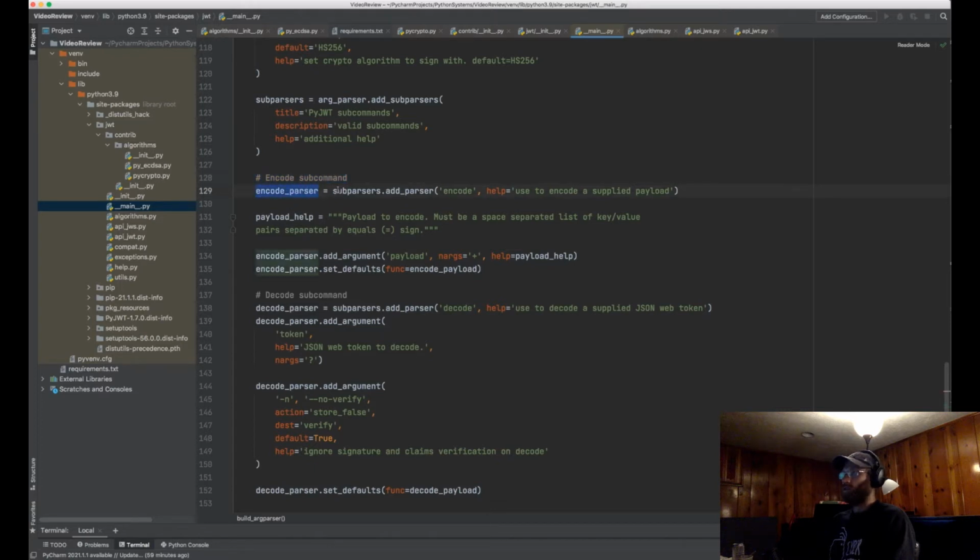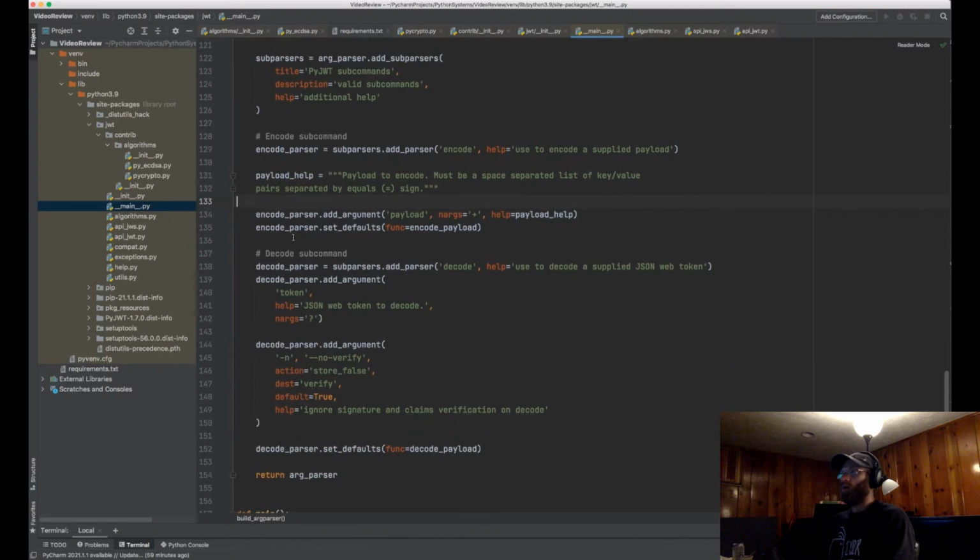The encode parser is, okay, you know what this reminds me of? This reminds me of Docker, if you have any experience with that, where the main command line thing is Docker, but there are subparsers for, say, Docker image, and then there's a whole bunch of options after that, or Docker logs, or Docker container, or Docker stack if you have any experience with Swarm. Anyways,